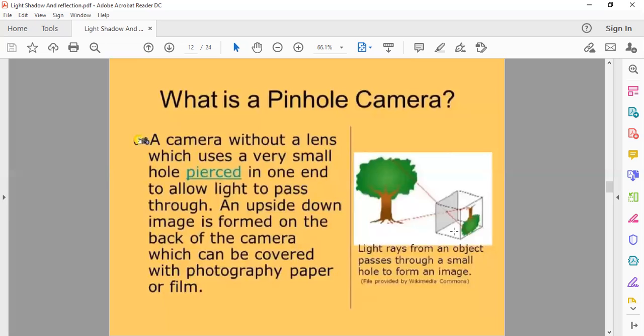So a pinhole is simply an extremely small hole, like we would make with the tip of a pin. So after the name of the pinhole camera, we are making a hole only of the size of a pin in a piece of thick aluminium foil. So it also works on a very simple principle.